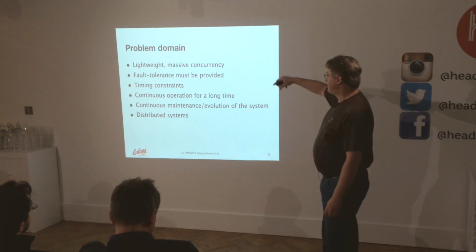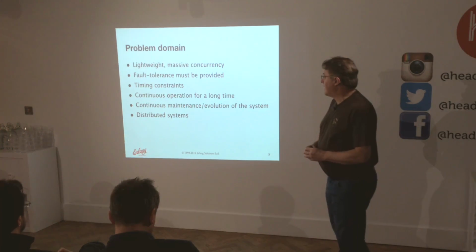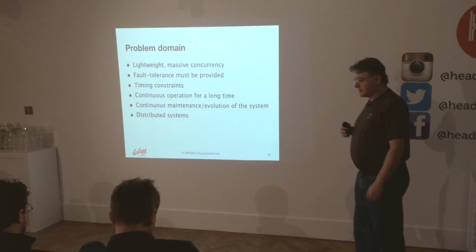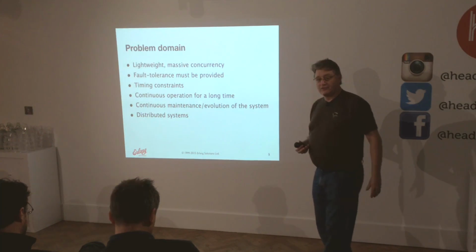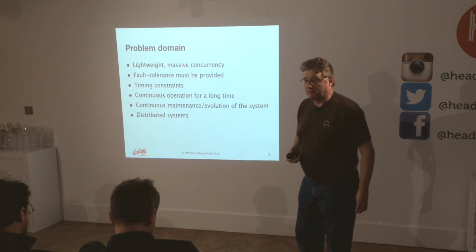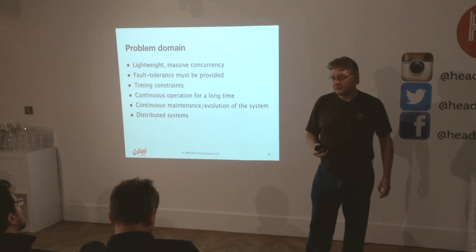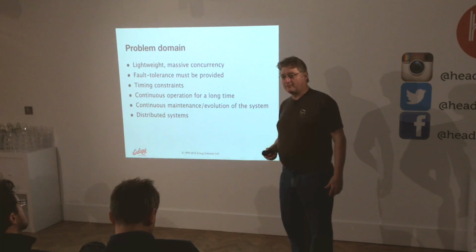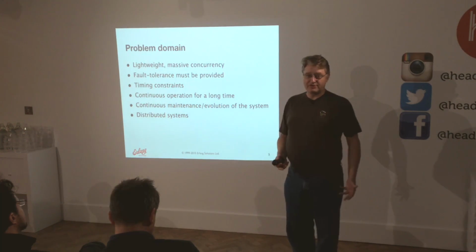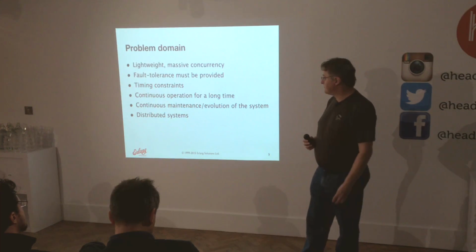And that gets back to the problem domain. What type of problem is this? If you look at some of the properties of the problem, there's a lot of concurrency in the problem, in the solution, in the system. If you have an exchange with a few 100,000 connections, you might have tens of thousands of calls going on at the same time, plus everything the switch has to do while it's running. So there's a lot of concurrency inherent in the problem itself.